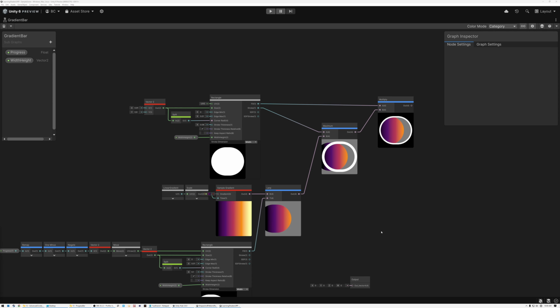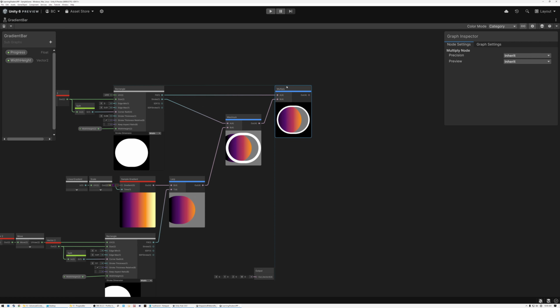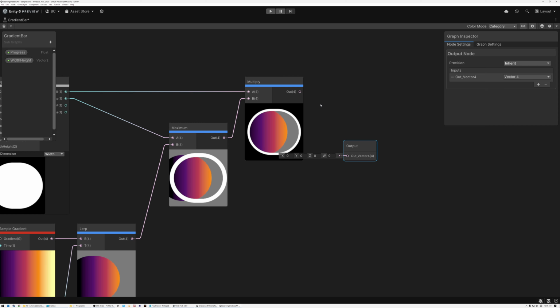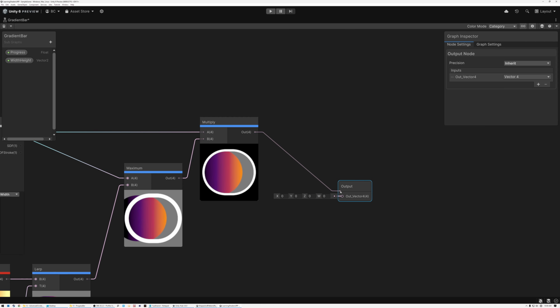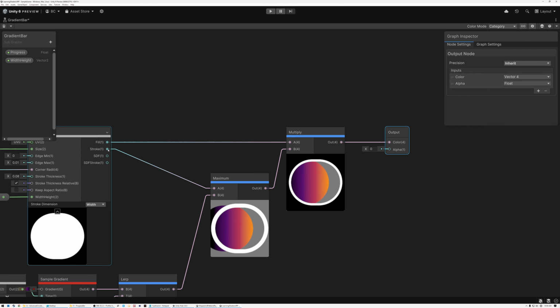I guess there is one last thing that we need to do, and that is we need to take our output here and plug it into our out. So let's plug this into our out vector there, and we'll just call this color. And we also need to make an alpha channel, and so I'm going to add a new float input here, and we'll call that alpha. And for the alpha, we can just grab the fill shape that we're passing out here